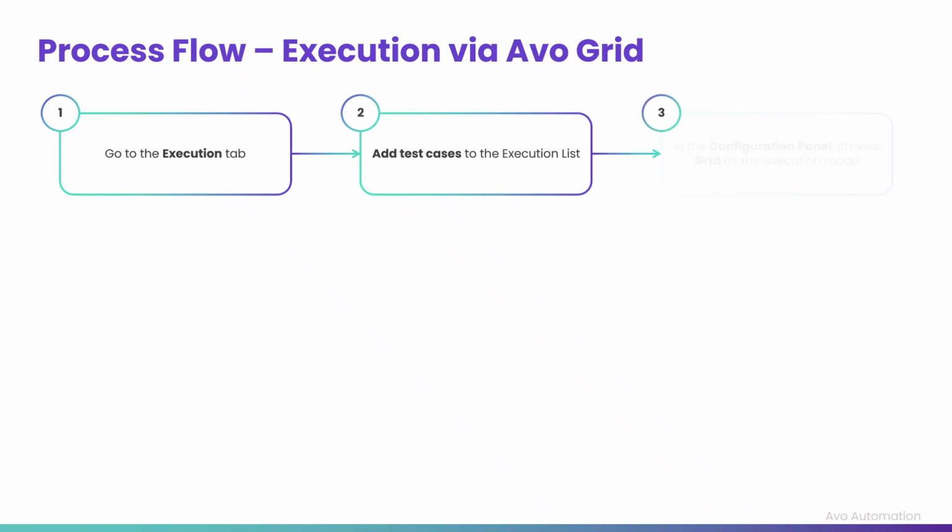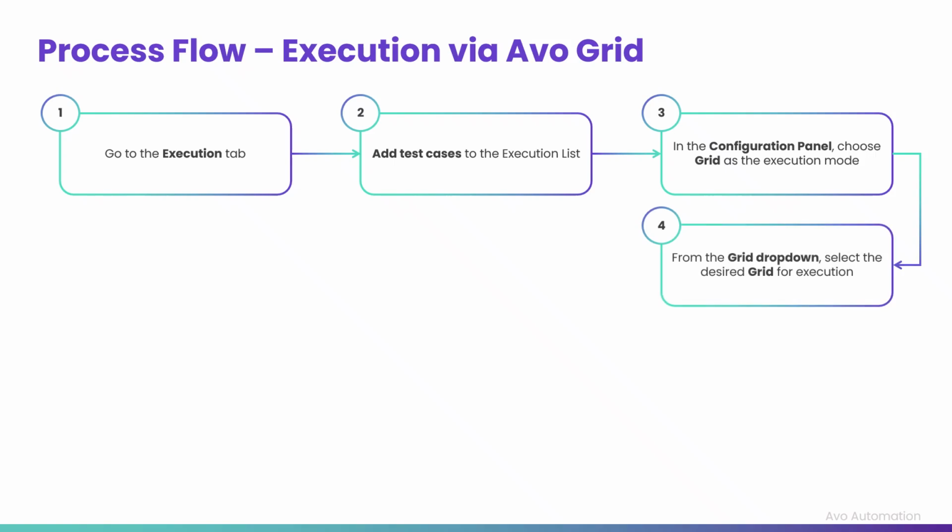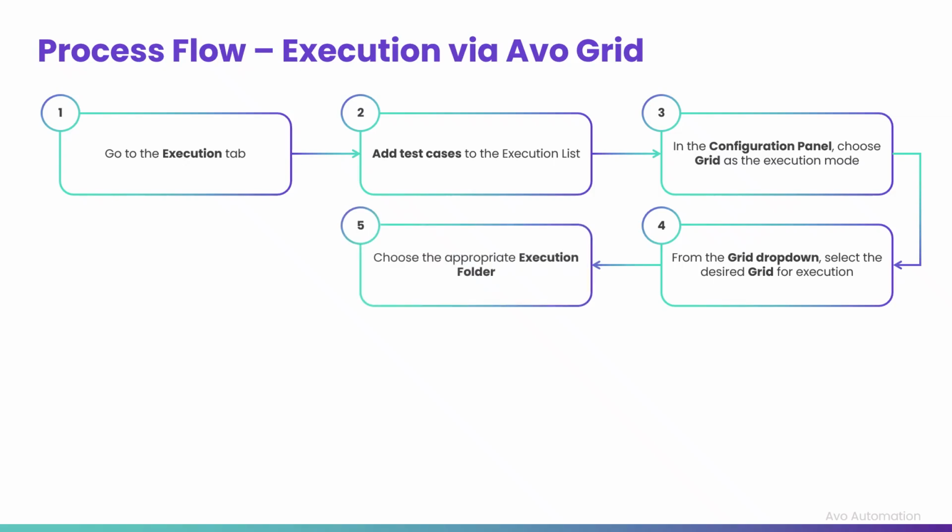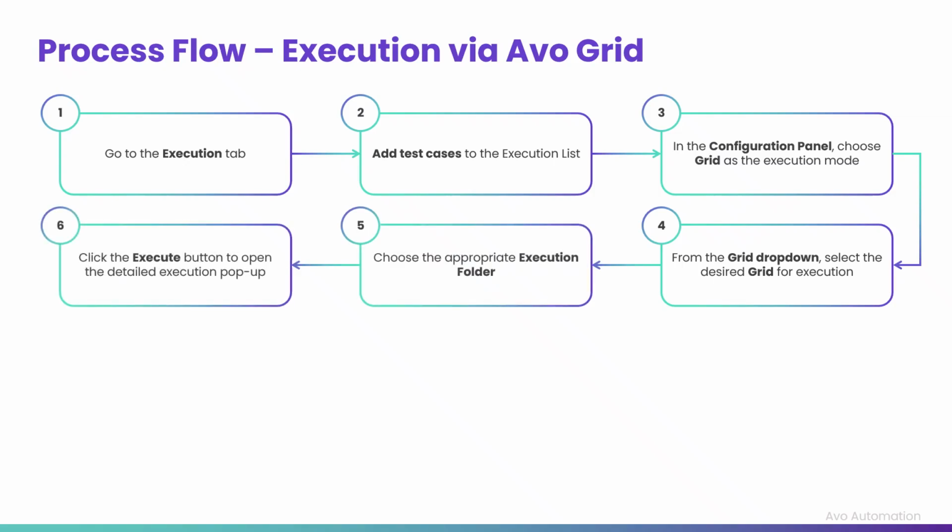Once this is done, in the Configuration panel, they will find 2 options, Client and Grid. The user needs to select Grid as the execution mode. Then, from the Grid dropdown, select the desired grid on which execution is to be triggered. After that, the user needs to choose the execution folder and click on the Execute button, which will bring up